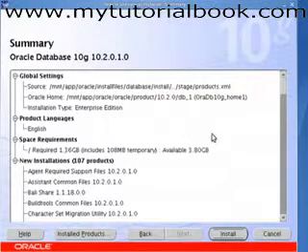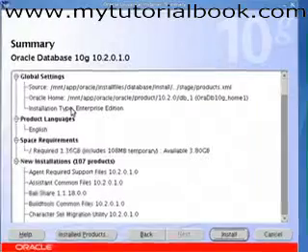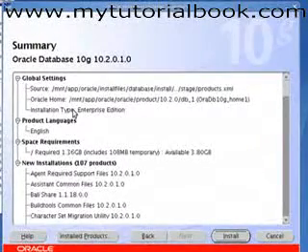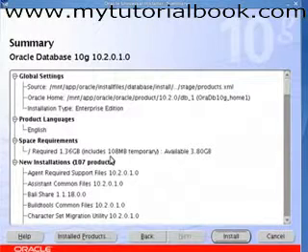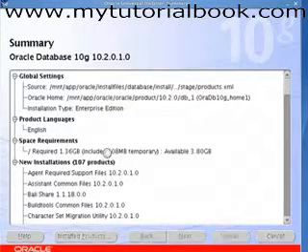Now this is the summary of the various database settings that will be installed. The new installation that is going to take place, a big list of all the new products is listed here. How much space it would require, and the directory structure that will be taken. So this is just a confirmation for the database administrator. On clicking install, we would actually begin with the installation.